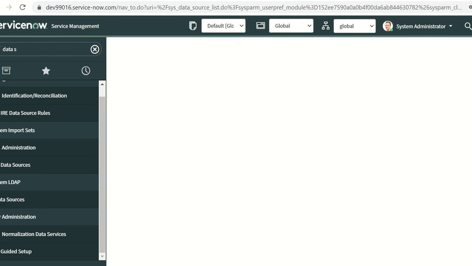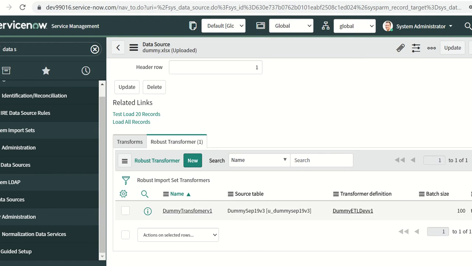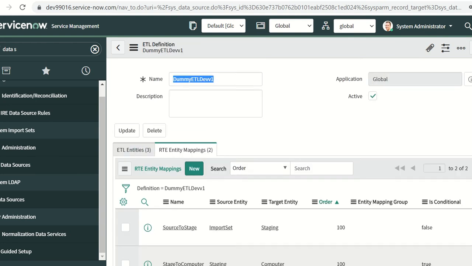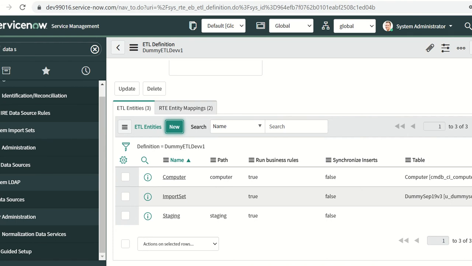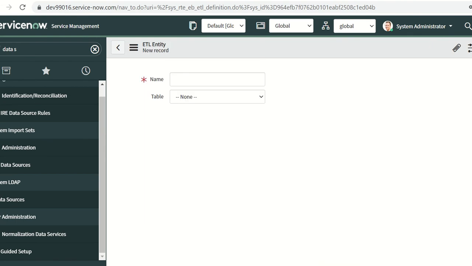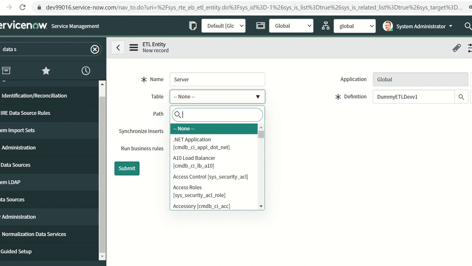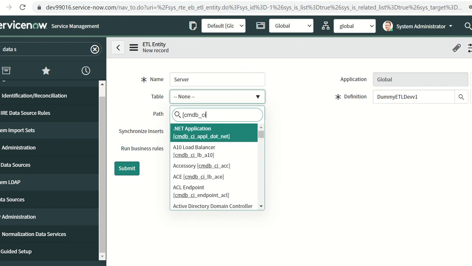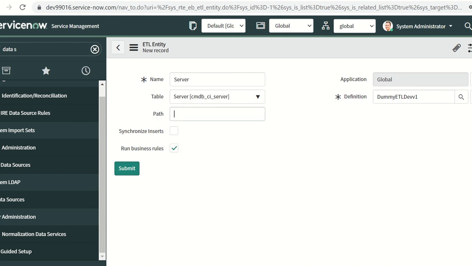We'll go to the definition of the transformer, and here we will add two more entities. One of them is server, and the table would be cd_c_server, path and call the server,